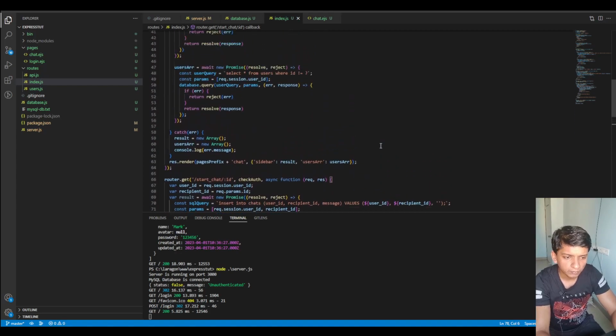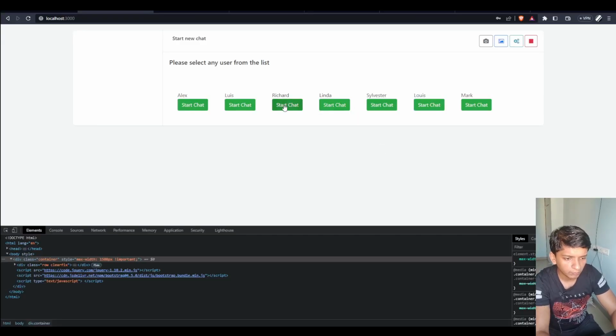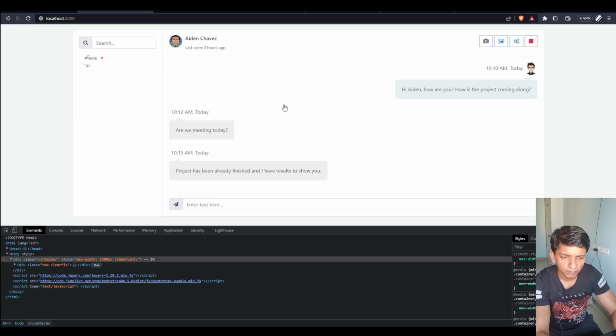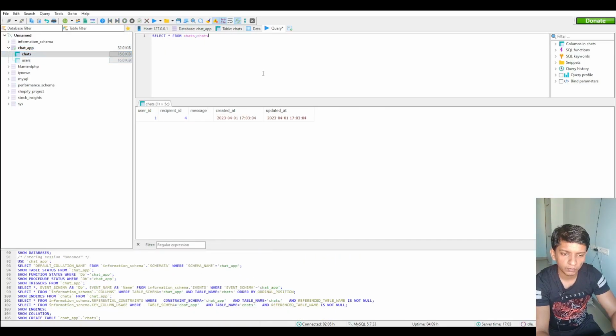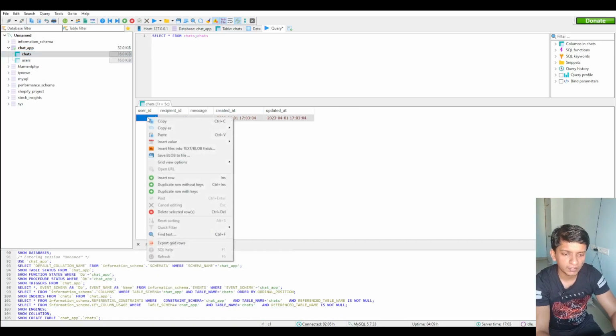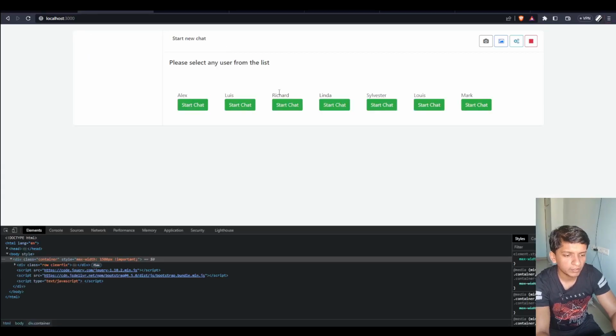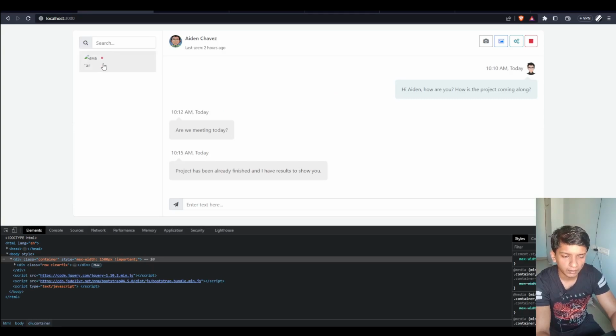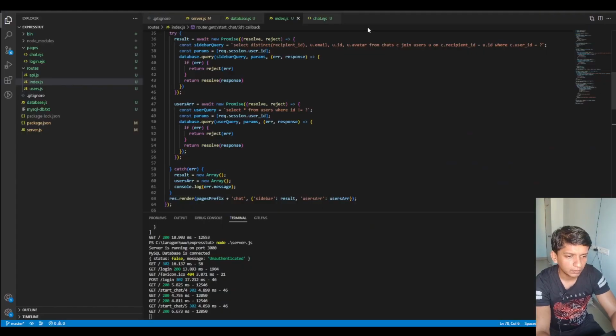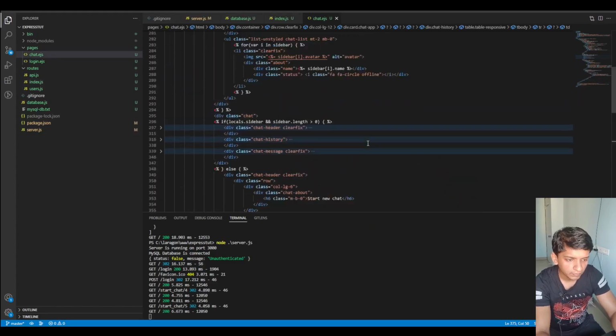And yeah, this is the first. Yeah, let me just start. Oh, here we go. So if we click start chatting, then we can actually start to chat. Yeah, so in chats, you can see that there is one message. So let me delete this row once again. Yeah, so if I refresh, then I can start a chat with anybody. So let's say Linda, and in chat.js, we should,